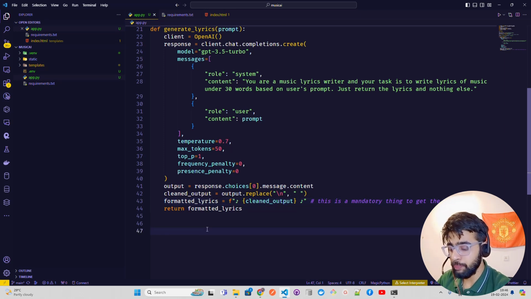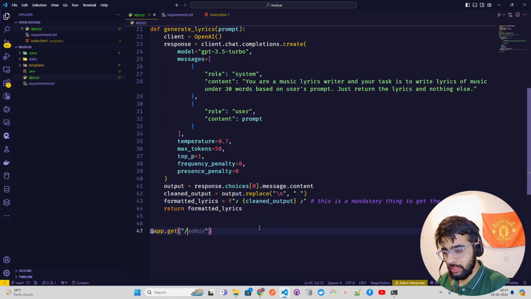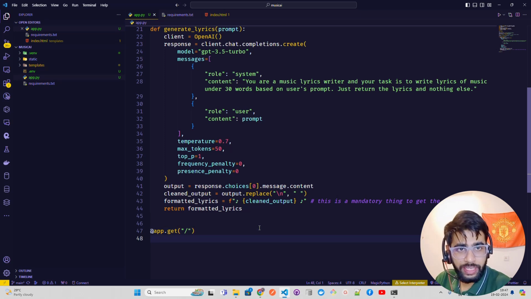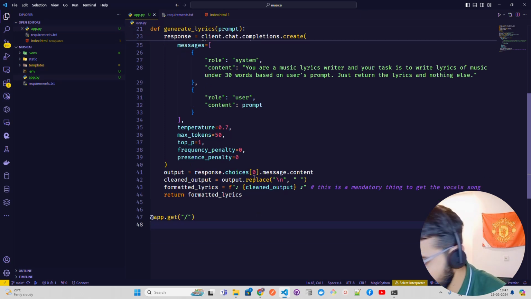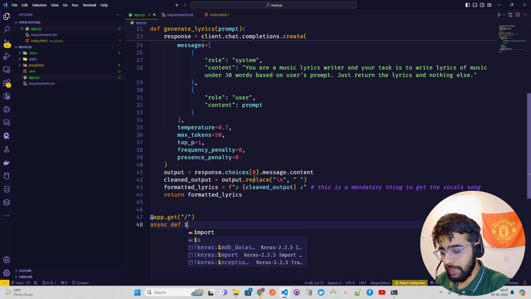And again, this can be improved, guys, so don't rely on only what I am doing, right? And now let's get a redirect template. So let me just do this. If they don't do anything, how will you redirect? So app.get and then async def, and here I'm going to pass index and then inside request.